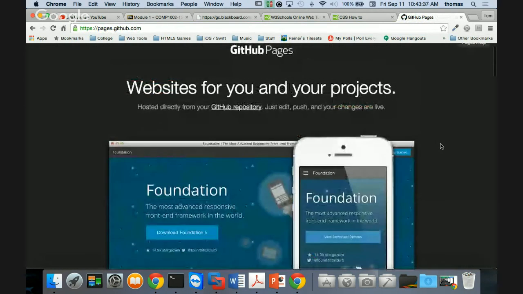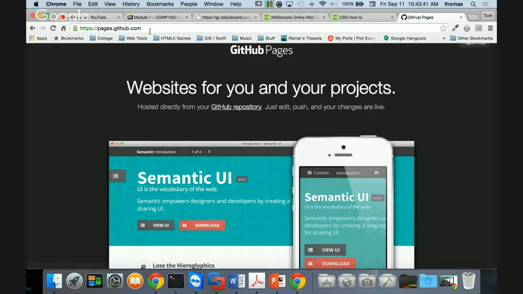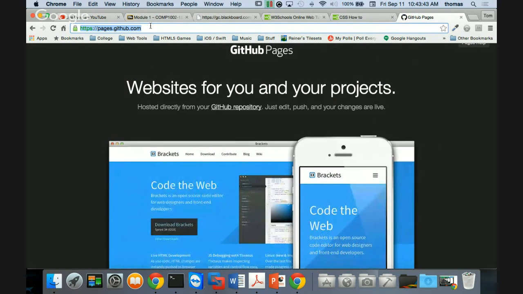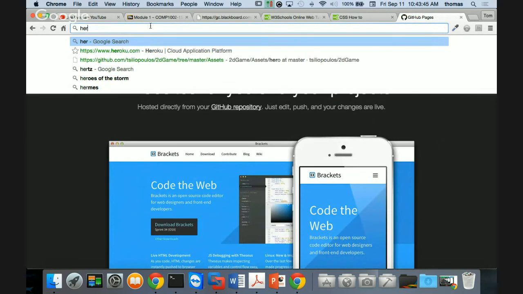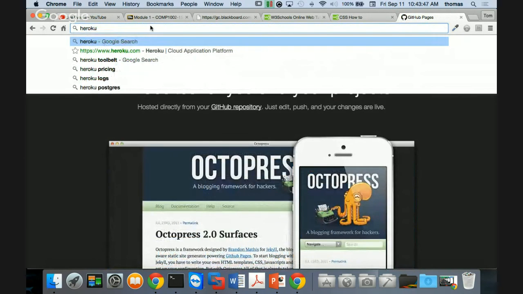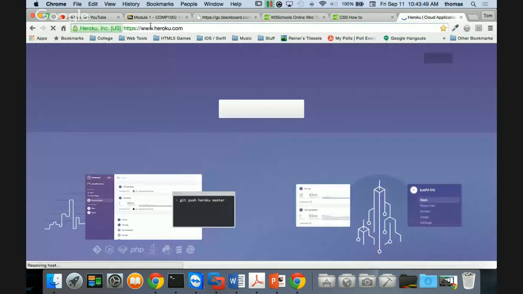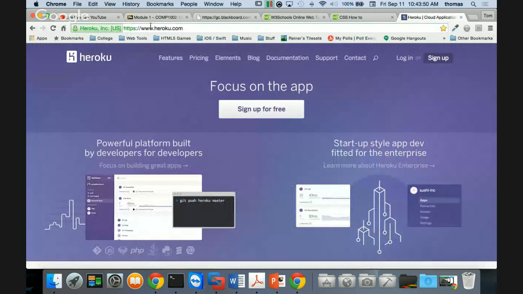As long as it's a simple site, a one-pager, you're good to go, right? That's one. And the other one that you may want to look at, which I'm posting up here, is Heroku, right? Heroku.com is also one you can go to. I think it's a great little service. It's a cloud service that's